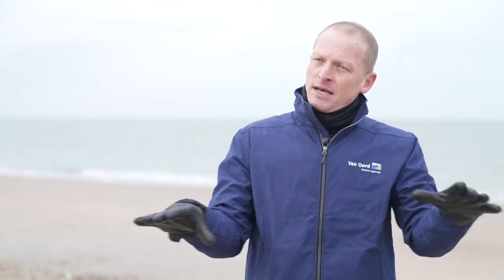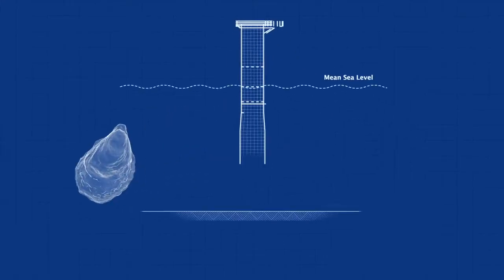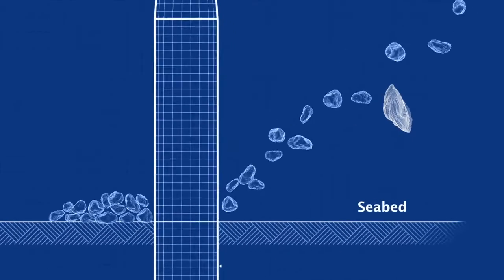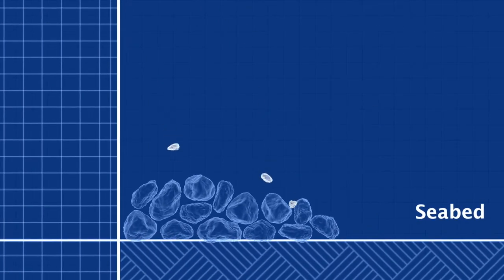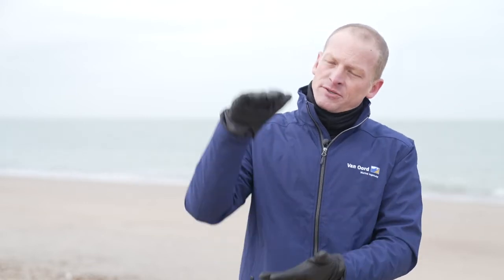Well, generally these layers are kind of pancake-shaped structures with a layer of very small-sized rock topped with a little bit of a larger rock material, the so-called armor layer. And you can change the shape of these pancake-shaped structures, making it more organic, going into the height and also into the width. And by doing that and changing the shape, you provide areas where the oysters can find shelter and